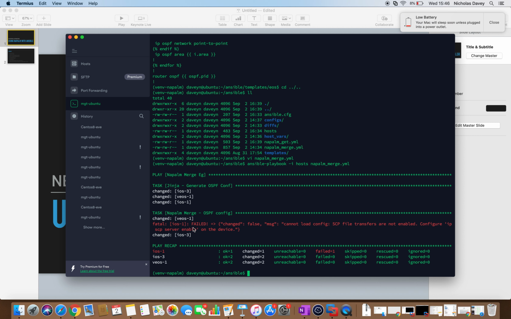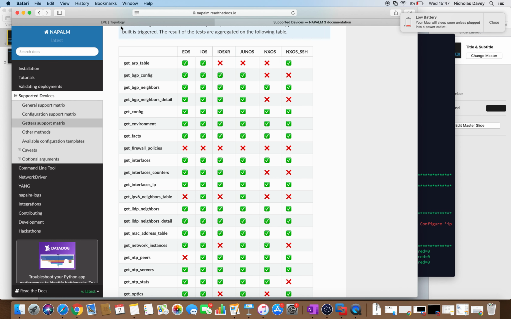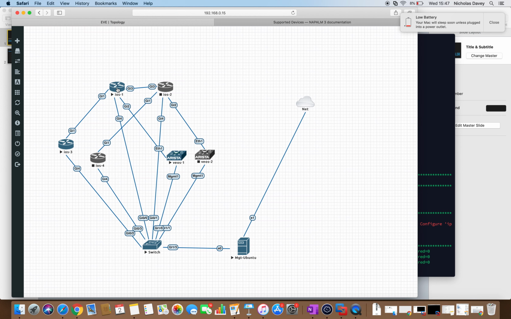I've deliberately left IOS 1 so that it would fail here, so that I can just demonstrate what's required. And Ansible will tell you here, or it's actually NAPALM, that in order to do a config with NAPALM, what it does is it takes your config file and it SCPs it to your device. So your device has to have SCP enabled. So if we go back to our lab and go into this device,